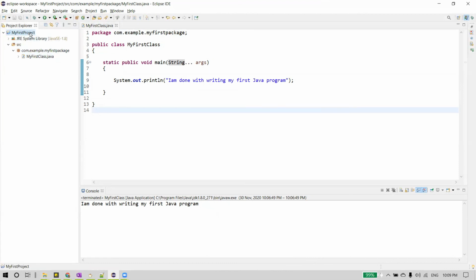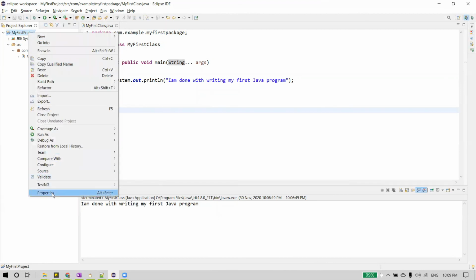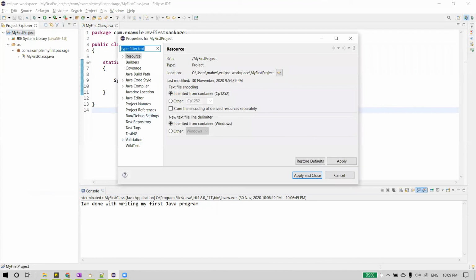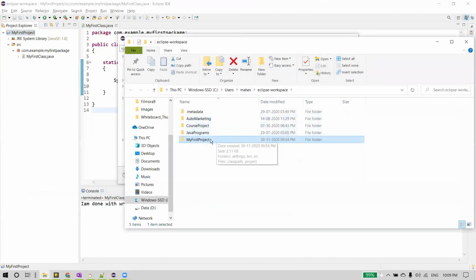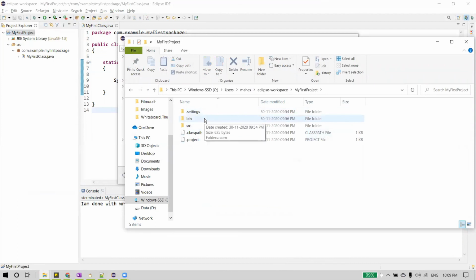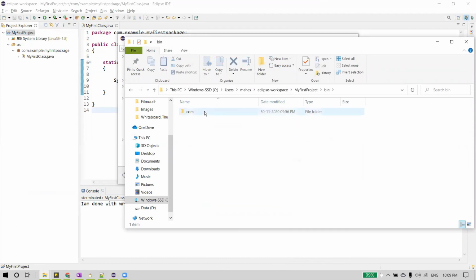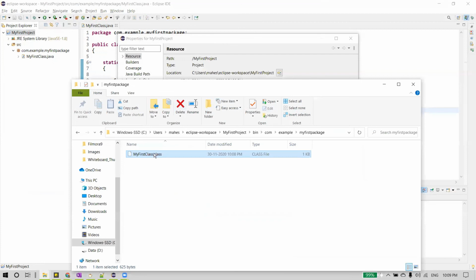To navigate to that, click on your project, right click, go to properties. You can see the location here. Click on this arrow and you can see MyFirstProject, and inside it the bin folder. Click on bin, com, example, myfirstpackage, and you can see your .class file here. This .class file has the bytecode.